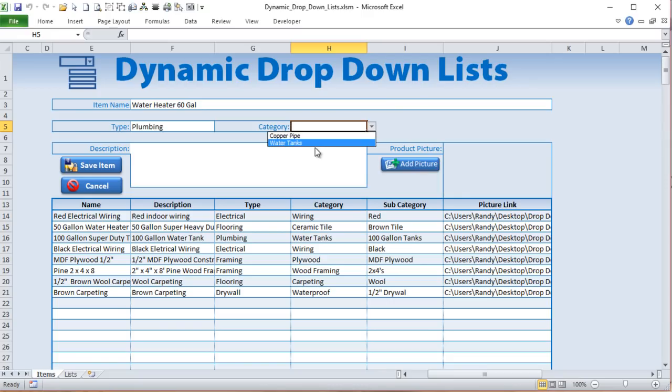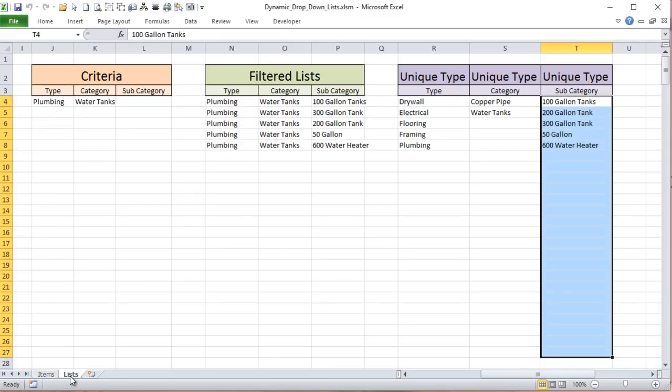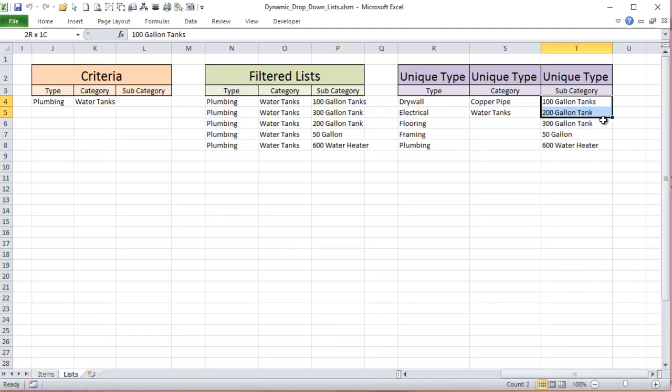Now, when we select water tanks, we have a subcategory. Now we have multiple items in a subcategory, but we don't have a 60 gallon. So let's go back to the list and show you how that's done. Now we have all the subcategories listed here, because we've run